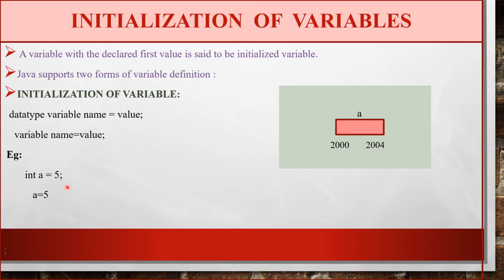Now you can see in this statement I have not used a semicolon just after integer a. I am giving the initial value also. So if I am giving the initial value, compiler will store this initial value given by me at the declaration time in the box.